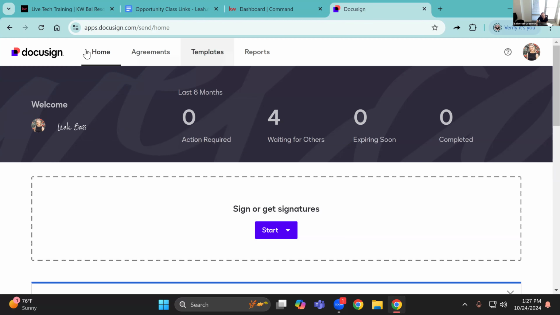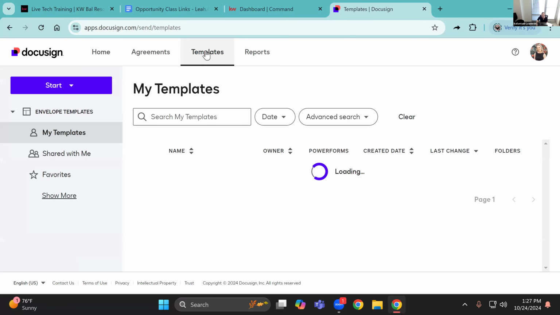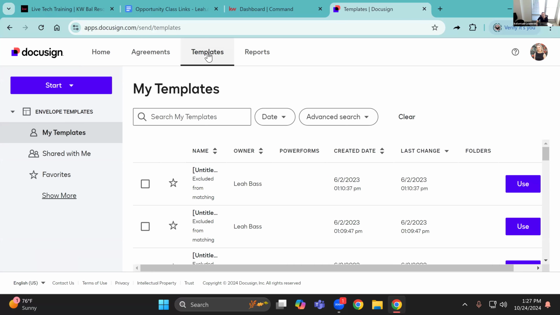So what I'm gonna do is on the very top of my screen here, again, let me know if I lose you at any point, I'm gonna go ahead and click on the templates option. So template section here. And you'll see we're in my templates right here. So I believe what I can do, okay, yeah, it has been a while, I don't usually teach this in this class,